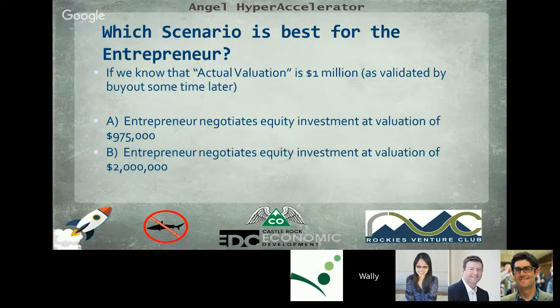Here's another thing that's really important to understand about valuation: getting the best valuation is not always the best thing for the entrepreneur. We have this thought experiment: if we know the actual valuation of a company is $1 million, which is best for the entrepreneur? They negotiate an equity investment at $975,000, leaving $25,000 on the table, or they get an equity investment at a valuation of $2 million, effectively double what the actual value of the company is. I put this in here because people should understand that when you negotiate a deal, it's not just the value that you're negotiating. There are lots of other terms. So if we go to the next slide,